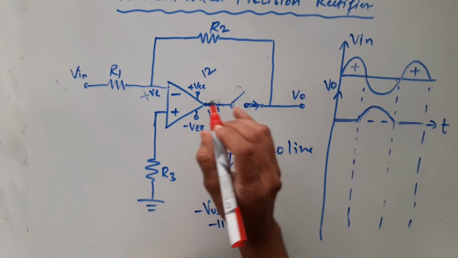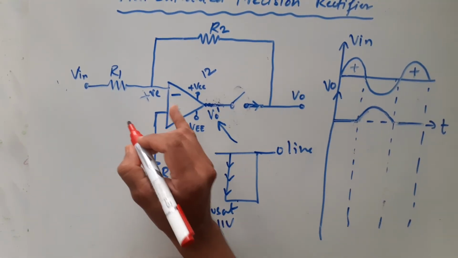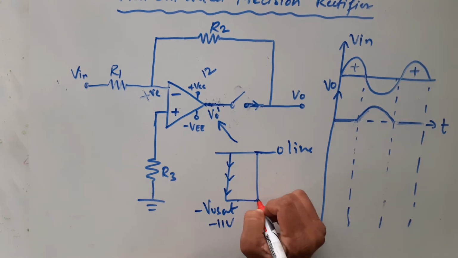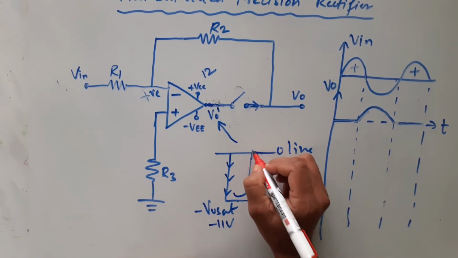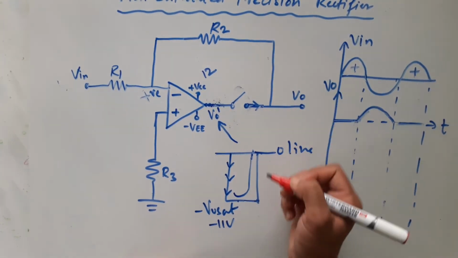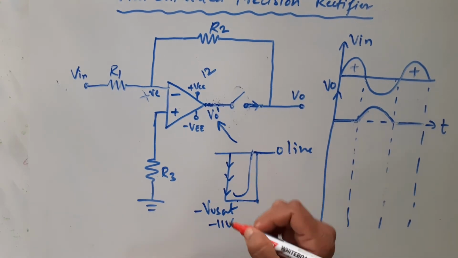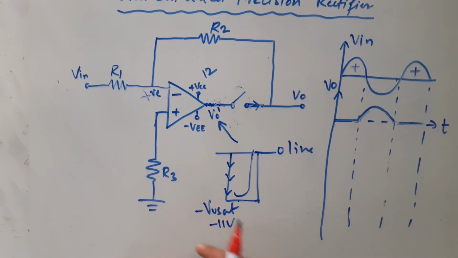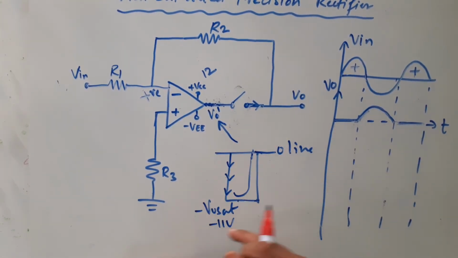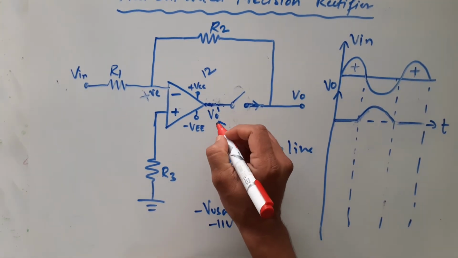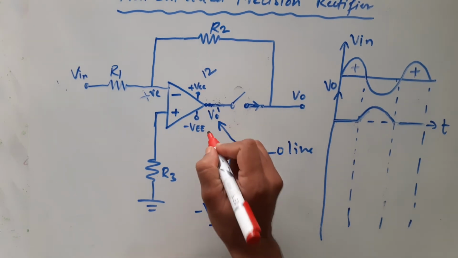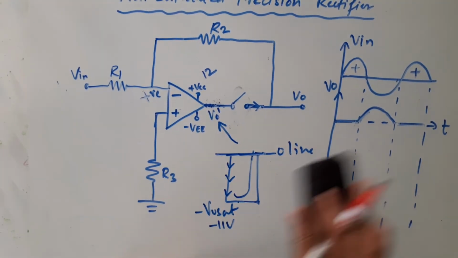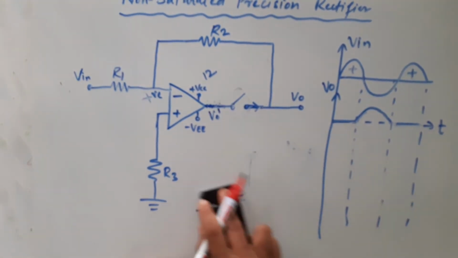Again, when the polarity of the input changes, your output has to change from minus V0 sat. First it has to complete this, cross 0, then go into positive. Unnecessary time waste, right? Now we can avoid this, and we can make our V0 dash remain at 0 line. For this what we do is,